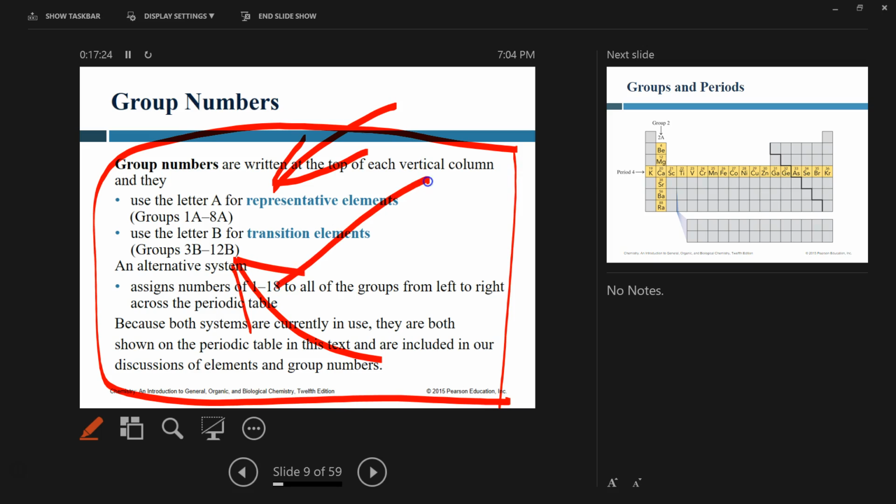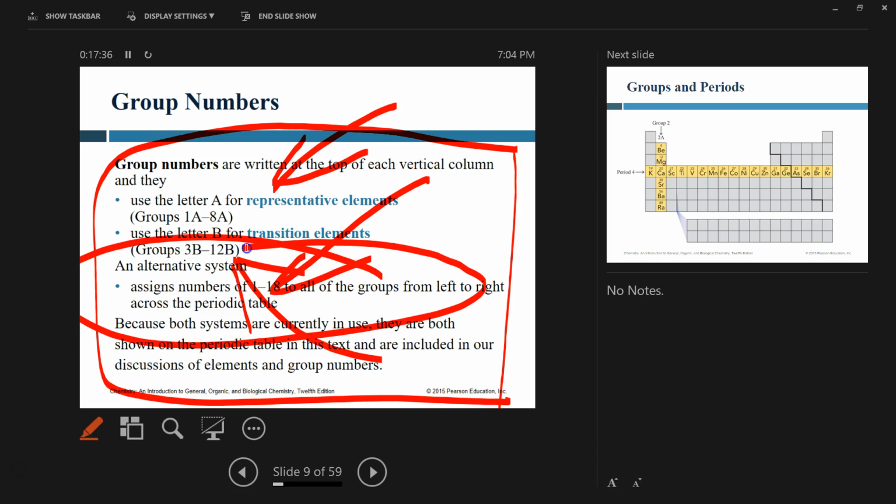Alternative system gets rid of the letters overall and just assigns the numbers 1 through 18. Okay? In the United States, this system is used the most, 1 through 18. Okay? Yes. But everywhere else in the world,